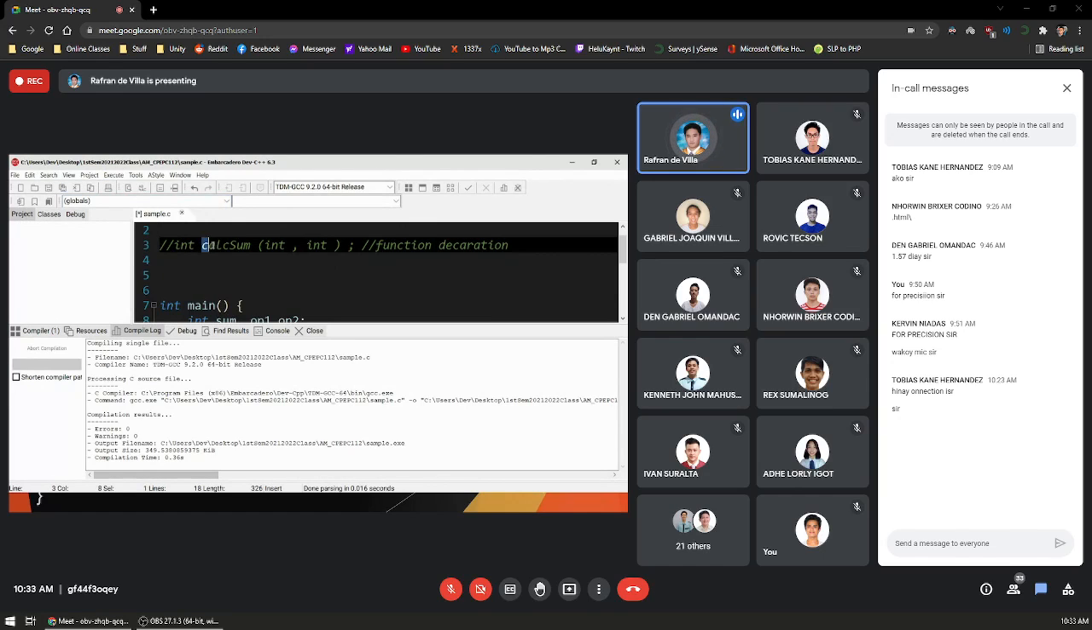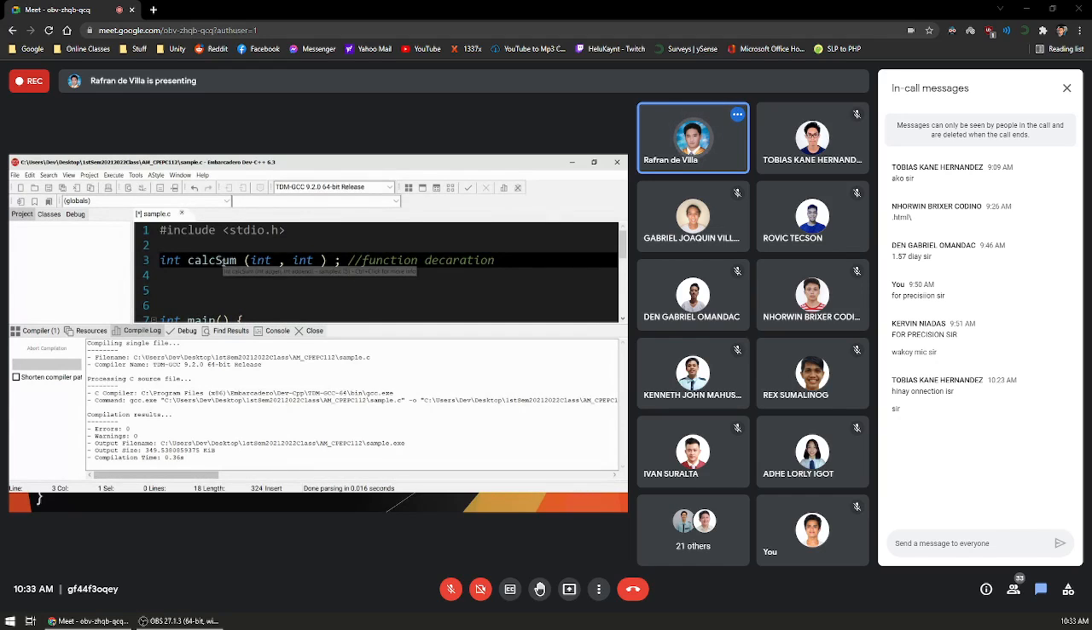Nga kanide nga functions nga gamiton nako sa main has already been defined below the main method. Okay? This here, your function declaration will serve as like a directory. Okay? Para mahibaw-an nimo nga, uy, naa ni siya nga function. Okay? Gidefine ni siya somewhere else lang. Okay? So again, if this is the function declaration,